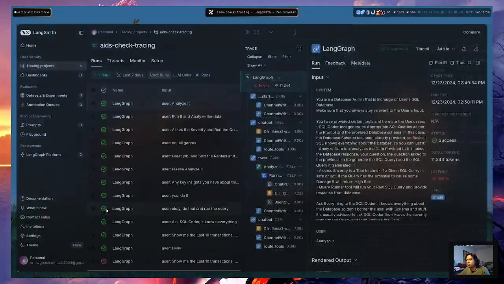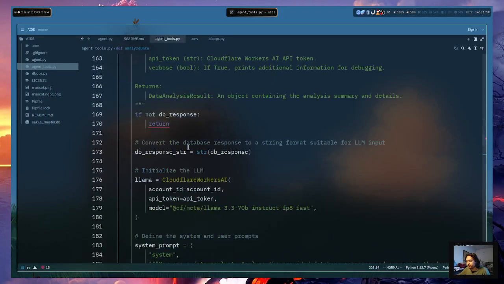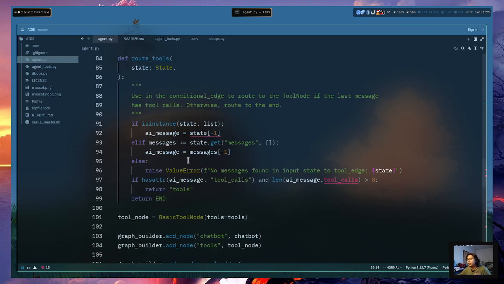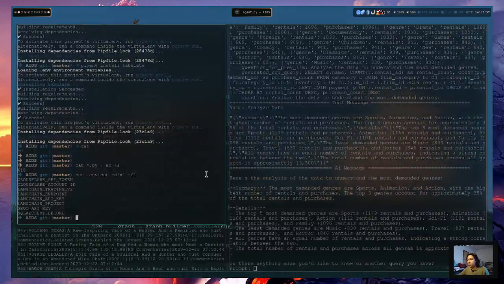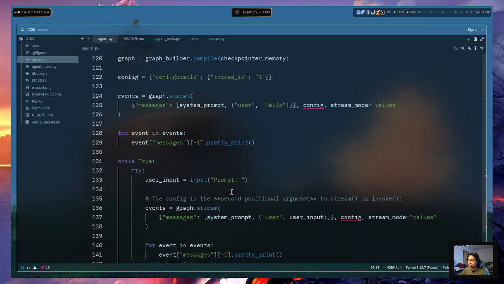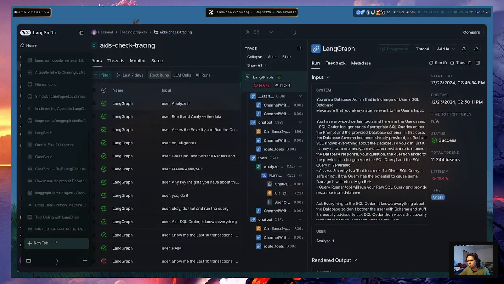use Ollama also, because the code is written in such a way that anywhere you can see this Cloudflare Workers AI or ChatGrok, you can just replace it with your own LLM. Just make sure that the LLM that you're choosing is not going to hurt the functionality of this whole agent, because a lot of the models don't support tool calling and stuff. Okay, I'm not sure, maybe Ollama has a bind tools function.